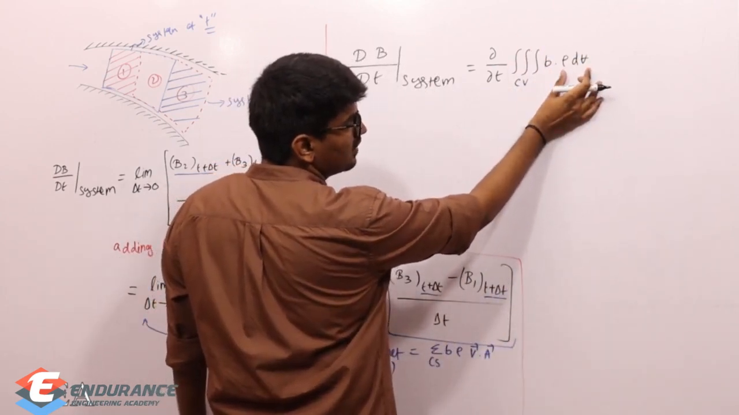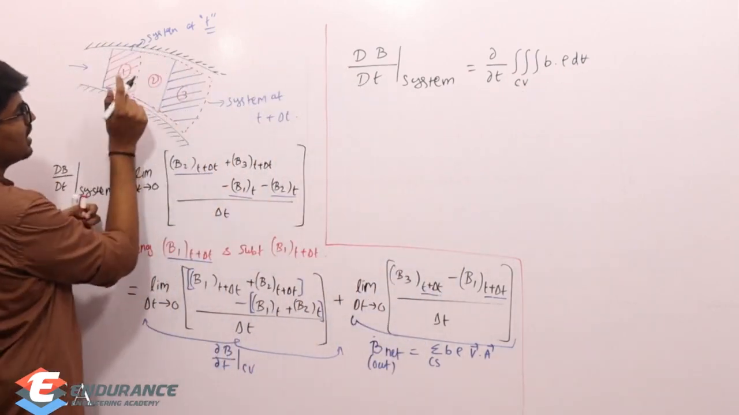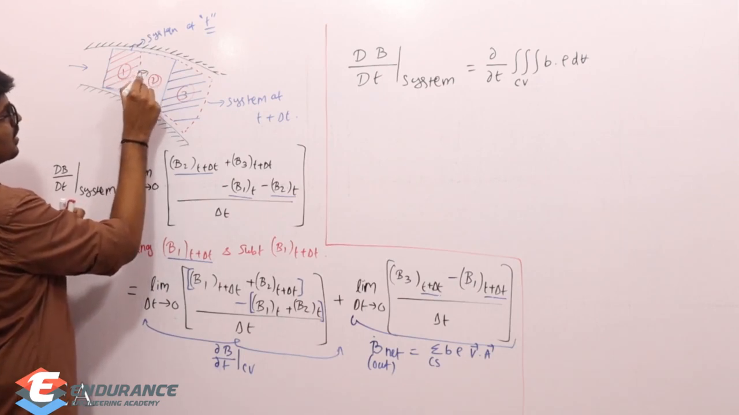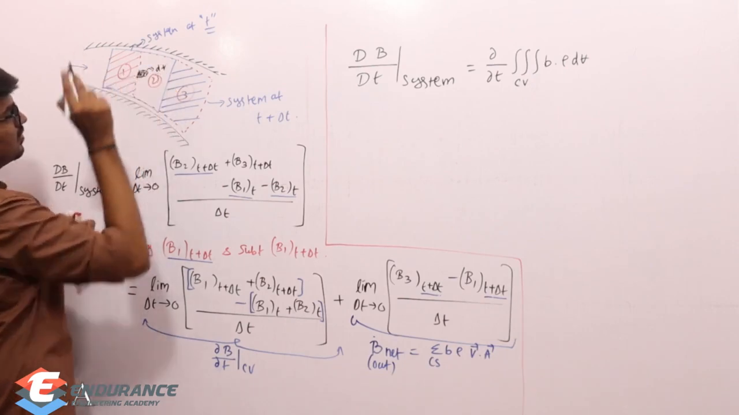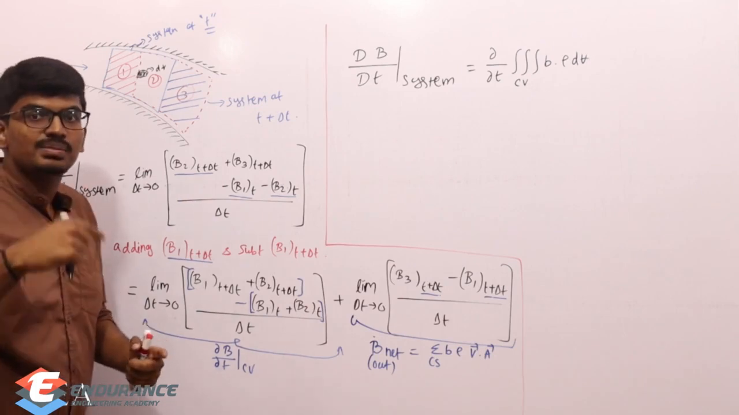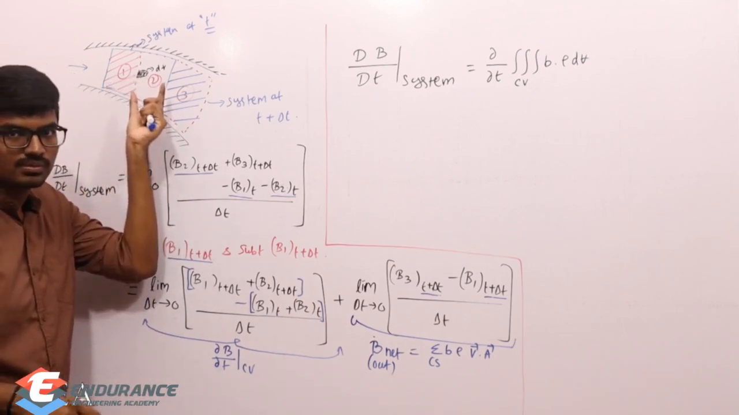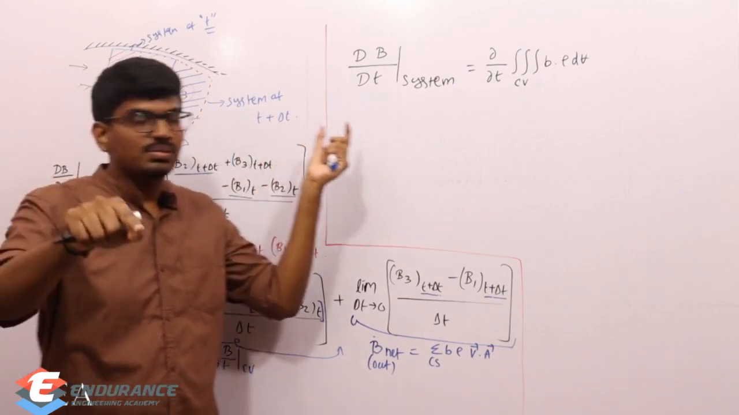First of all, what is this rho dV? dV is the small volume which I am taking. For example, consider that I am taking a small volume, dV, inside my control volume. If I multiply with density rho, I will get the mass of this small volume. And if I multiply with